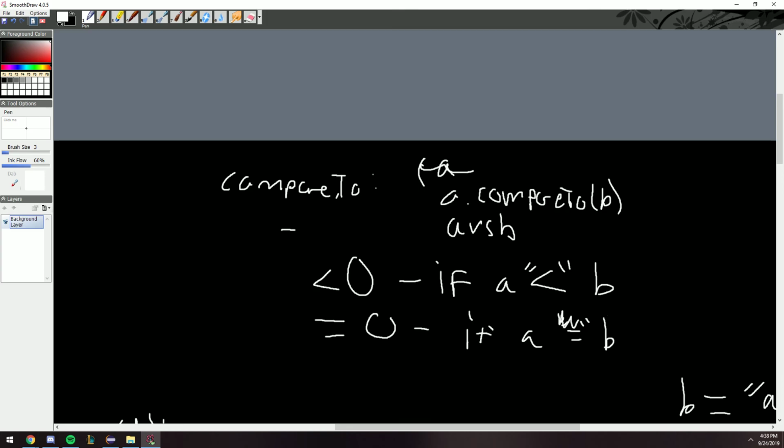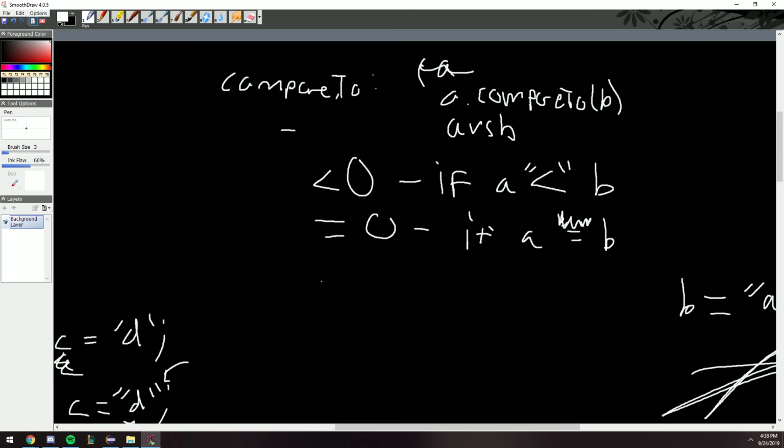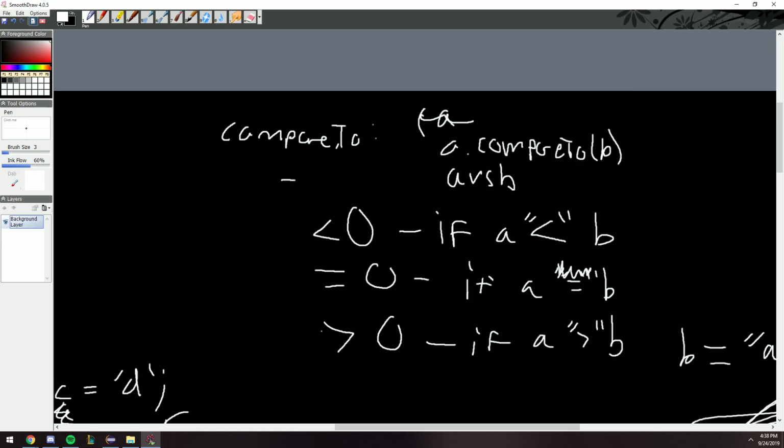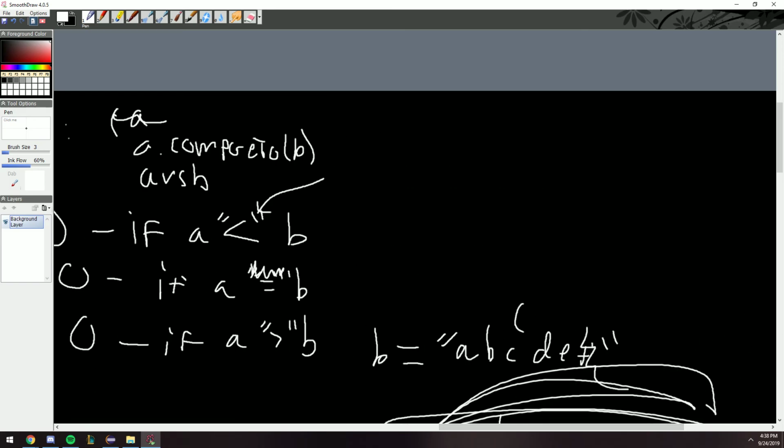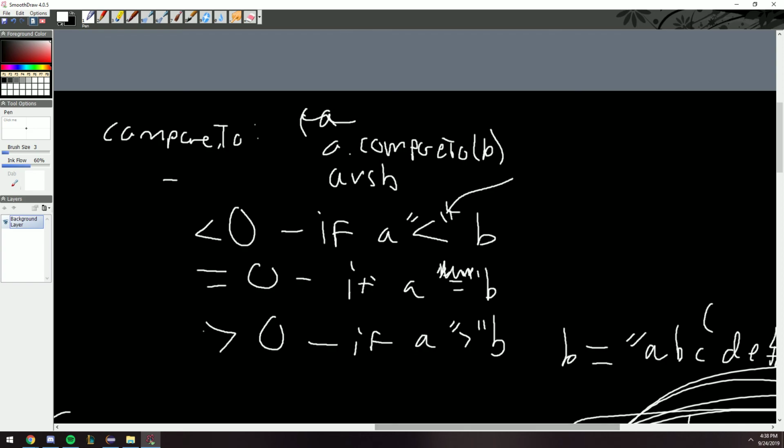Actually, I don't have to put quotes there. Okay, and then it's greater than 0 if a is greater than b. Now you may ask, why am I putting these quotes here? Well, if I have two strings, like two words, what means one is less than the other? The way we define it, just by convenience, is if you are alphabetically above another word, you are